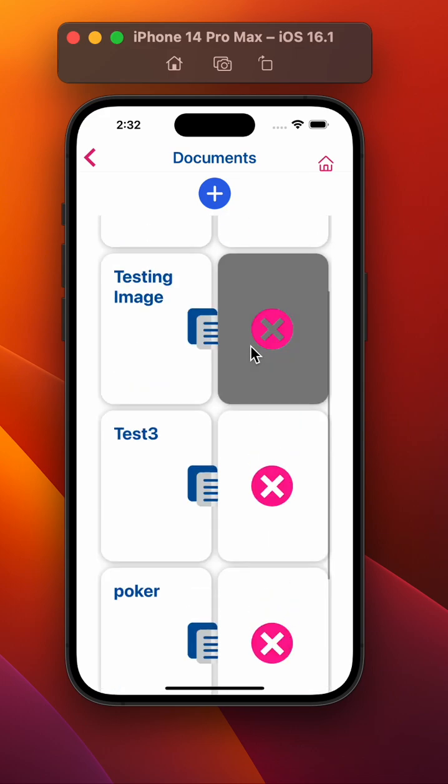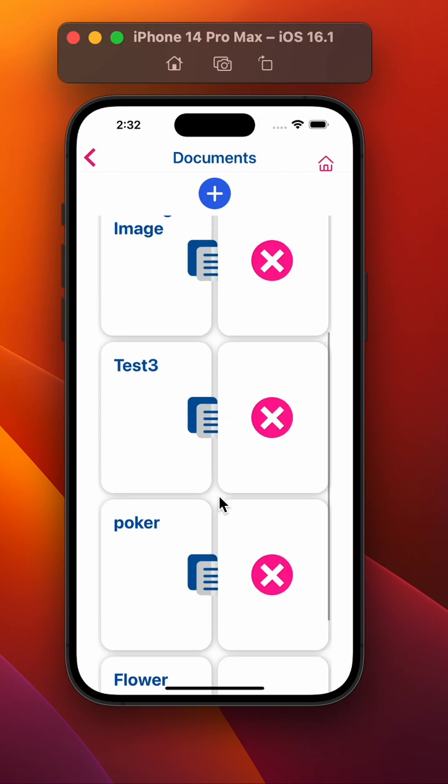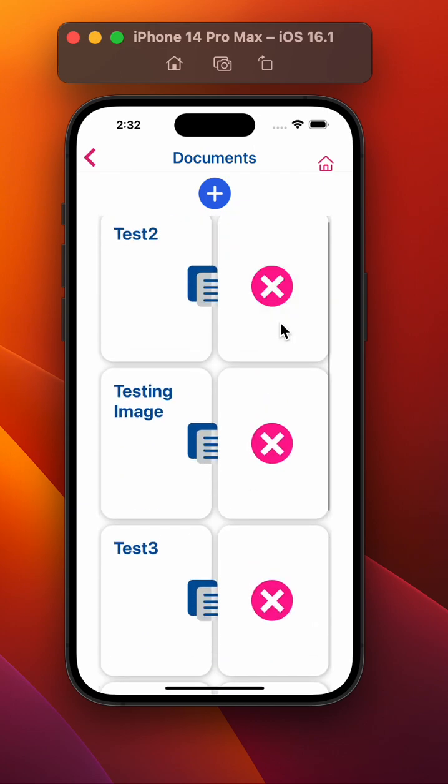And then another thing that we added was the deletion of documents. Before, you were only able to upload documents without actually being able to delete them, so they would just stay here forever. But now users are actually able to get rid